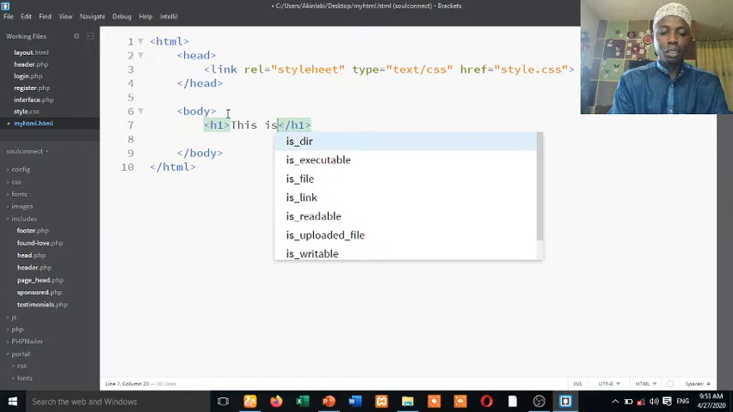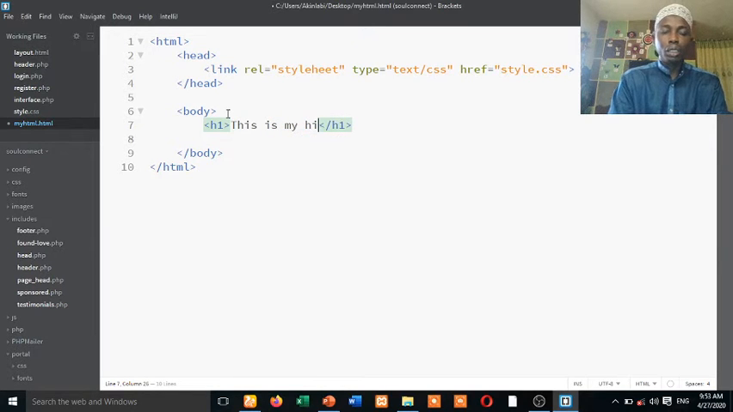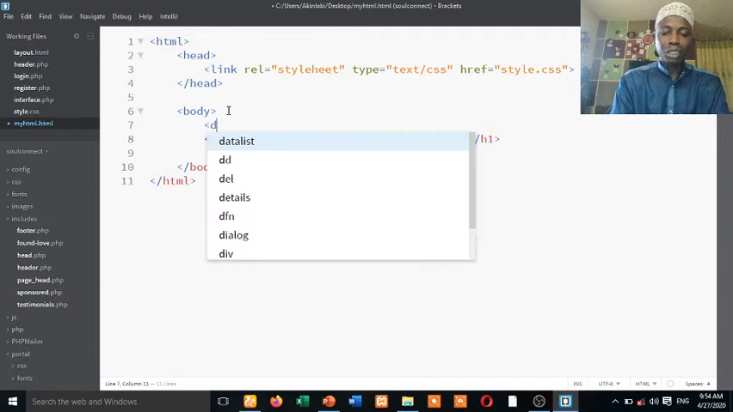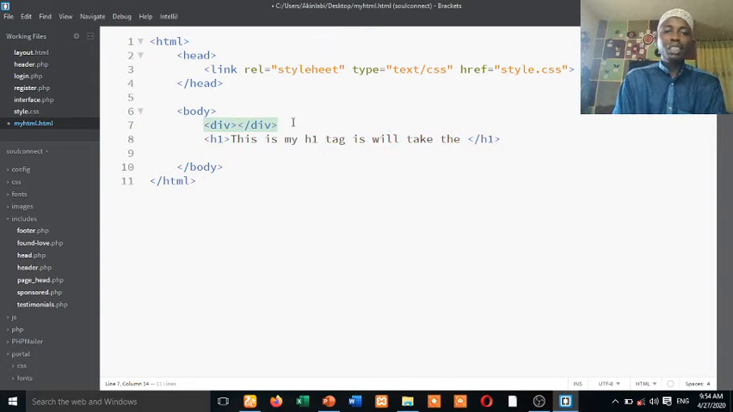This is my h1 tag. It will take the position of... so before, I want to put this h1 tag itself inside a div tag. Remember, a div tag is like something that is housing something. If you don't have a div,